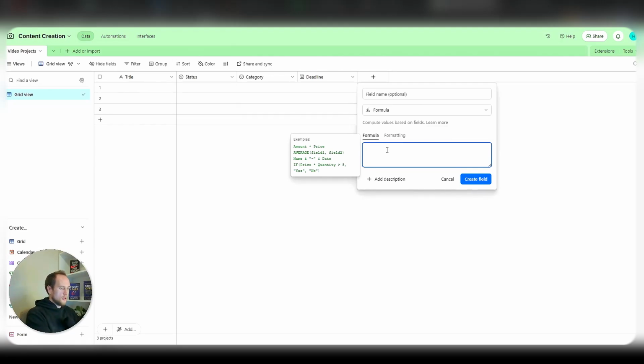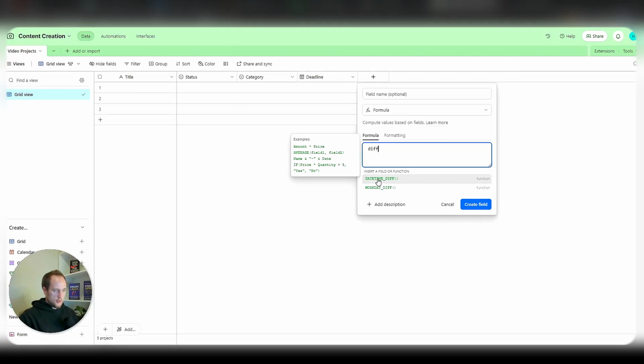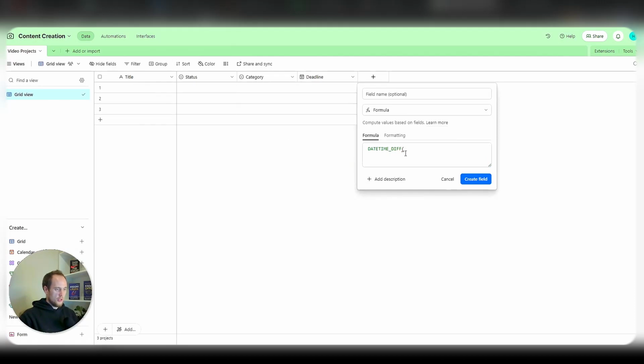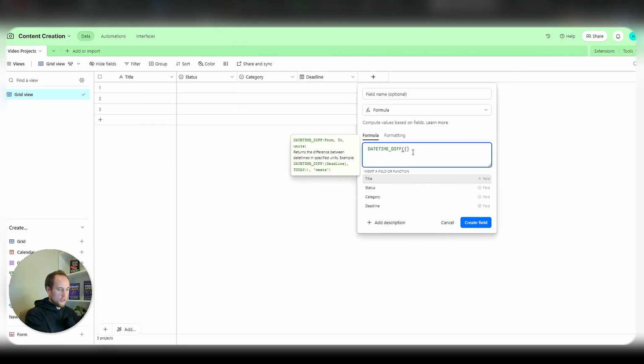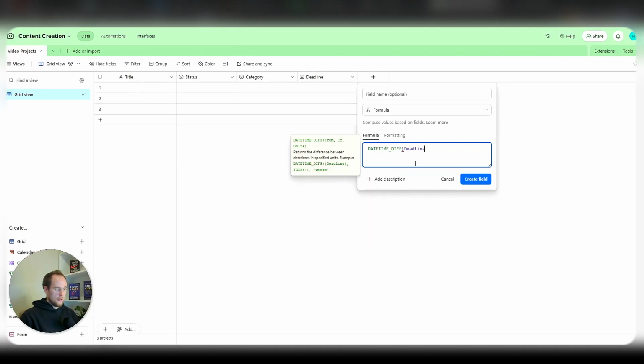And there's a cool one that does, if you type in diff, what it does is get you the difference between some date and today's date, and then gives you the answer in days or weeks or months, whatever you choose. The date diff, and it actually is coming up with the deadline here. If you type in the curly bracket and then it comes up with like a drop down, click on deadline. So what it does is it picks up on whatever numbers or dates are going to be in our deadline, and then